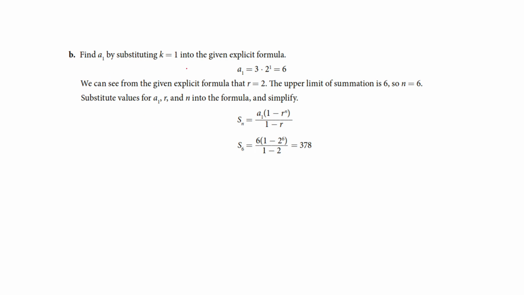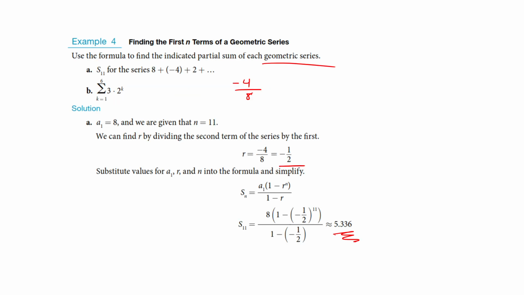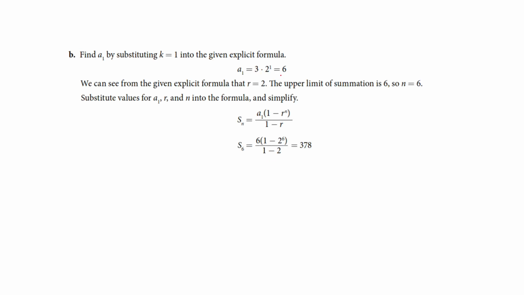Okay, now they have told us that this is geometric. We know that. So we have the first iteration. It was 3. Let's see what they had here. Yeah, if we put k equals 1 in here, we would get 6. So that first iteration is 6. Now our common ratio,